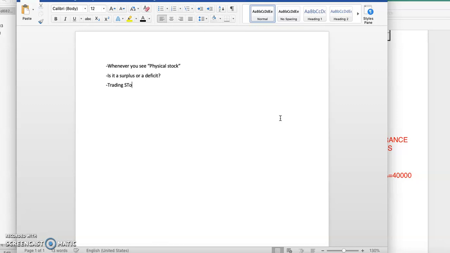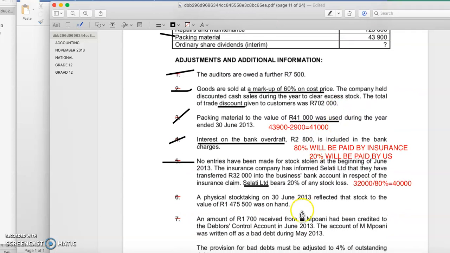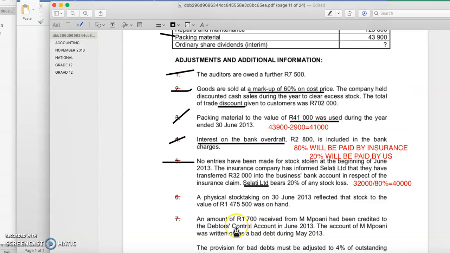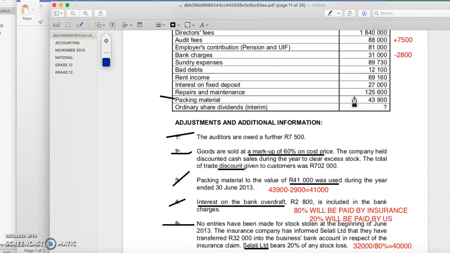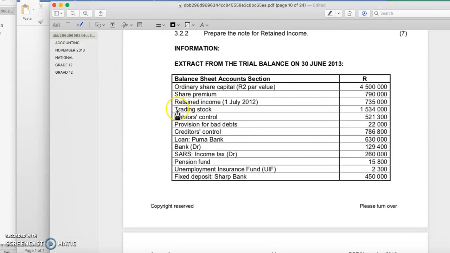Okay, first we need to look at the trading stock amount. If you look at this question, they don't tell you anything about stock, right? You have to calculate it from the start to see. To calculate a surplus or deficit, you have to compare how much stock you have on hand, and they tell you this, to how much stock you thought you had, but we don't know, it's not here, so we have to calculate it. And we're going to do that by finding our trading stock, which is under balance sheet accounts, and it's